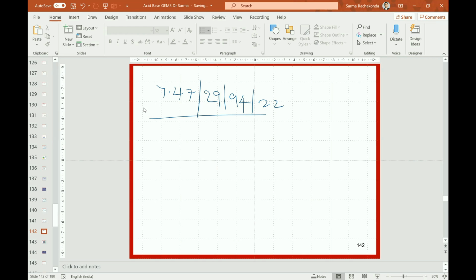In the left, I will write the other values also. 140 and 106 and 22. Written them. The others are all dummies. Those will be required to calculate the osmolar gap and things like that. We are not going into that now.